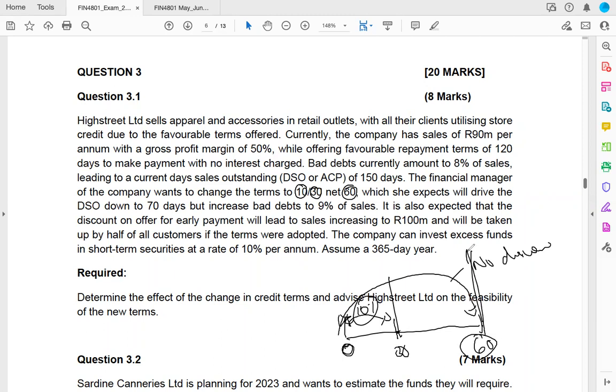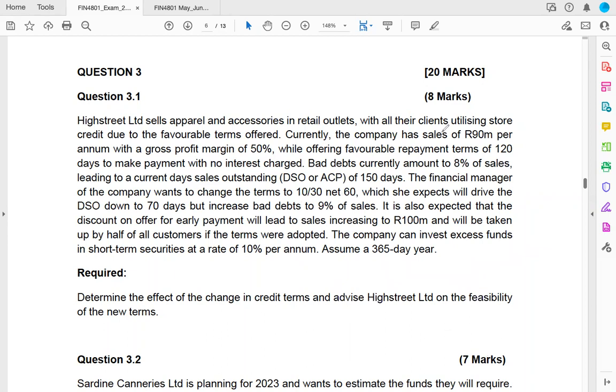So we've given you 60 days to pay your debt. If you pay within 30 days, we give you 10% discount. If you pay between 30 and 60 days, you get no discount. So if you now go above 60 days, it means that you've gone against the credit agreement. I was just correcting that. I mistakenly said this initially the other way. So it's 10% discount if you pay within 30 days, but you get a maximum of 60 days to pay,